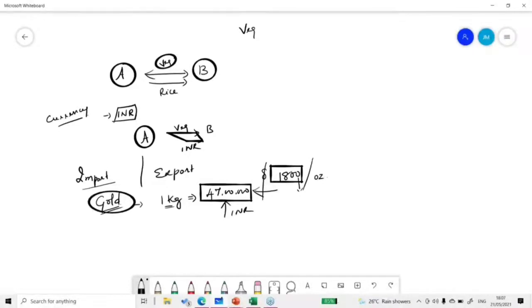So how are we going to make this payment? Now I have to buy dollars. So A is going to be an importer, and let's say B is a person exporting from another country. Obviously B is a foreign person abroad. Now I'm going to get gold. What is it that I need to pay? I just need to pay in USD, not in rupees, but I don't have USD. So from where can I source this?